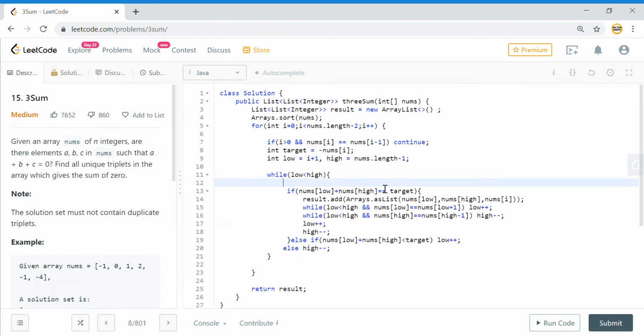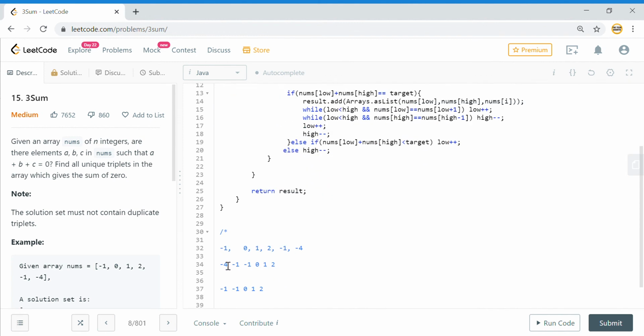So this is how you will get 3 sums with duplicate numbers, and this solution can be implemented for any target, not only 0. If you have any target other than 0, you will be given a target here, something like int target value. In that case, you just need to put the value here so that you have the actual target after subtracting the current number.